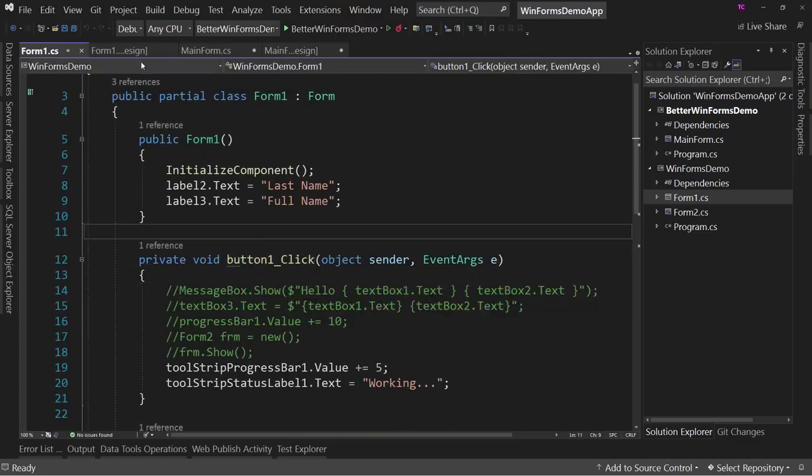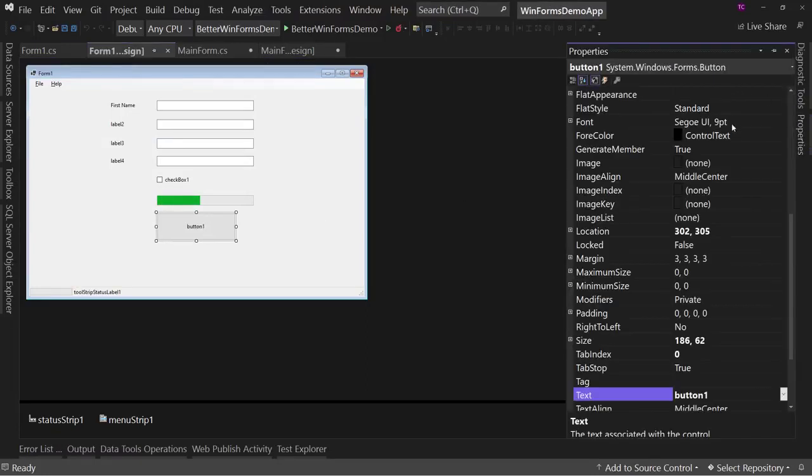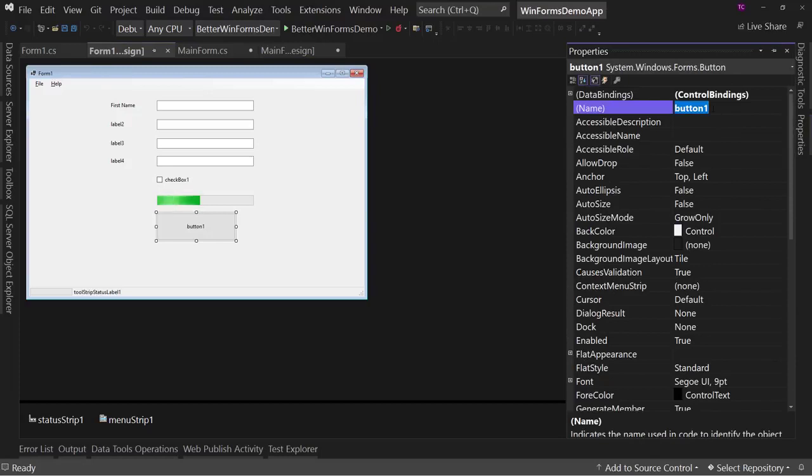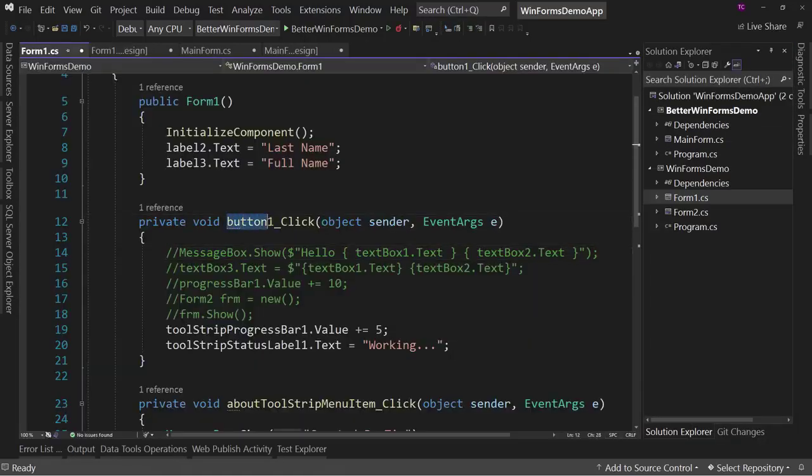So now here's a kicker. If I come back over here and say, oh, I forgot to rename this. Look at the properties here. Let's come up here to button 1. We got to say, let's call it greet user button. And we'll come down here and change it from button 1 to greet user. Cool. I fixed that problem. Awesome. Let's double click on it again. And it's button 1. Didn't change that. Didn't change the name because this name's already been created at this point. So it's not going to change it,